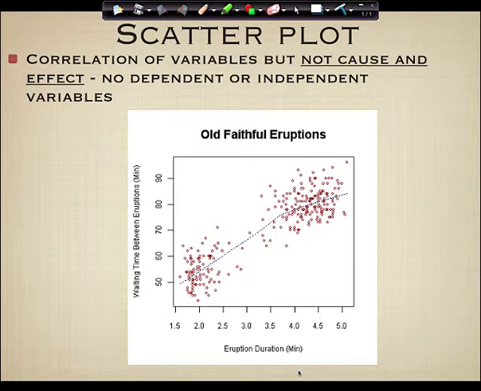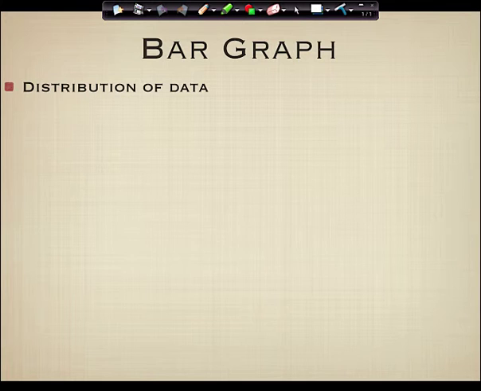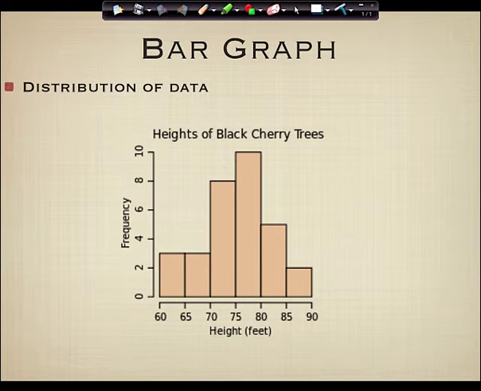Okay, so now we've got to talk about the last one that you need to know, which are bar graphs. So guys, in a bar graph, we are talking about distributions of data. This one I clearly stole from Maurer because it's about black cherry trees. But the idea is this: if you've got a little grove of black cherry trees and you measure their height and then you count how many of them there are, you can then figure out that there aren't very many short black cherry trees, there aren't very many tall black cherry trees, that most black cherry trees are somewhere in the middle at about 75 feet.